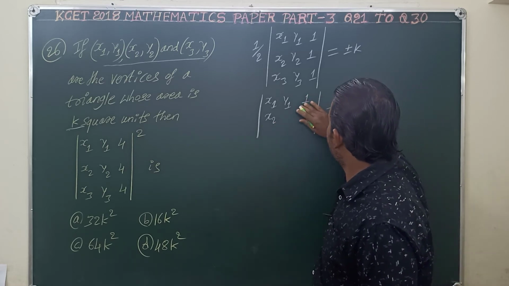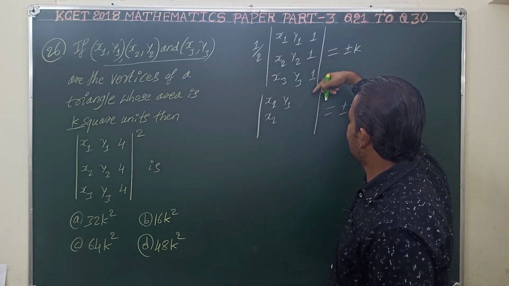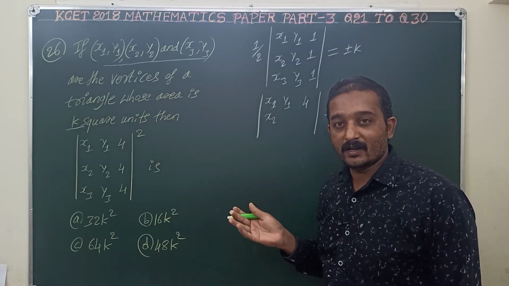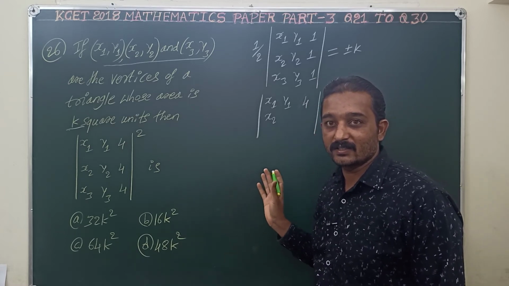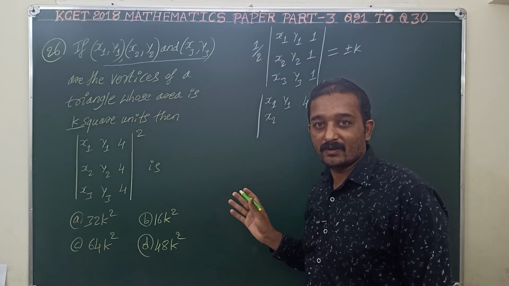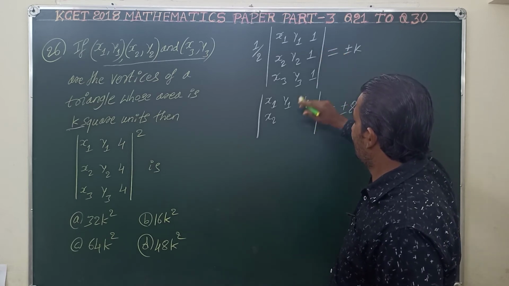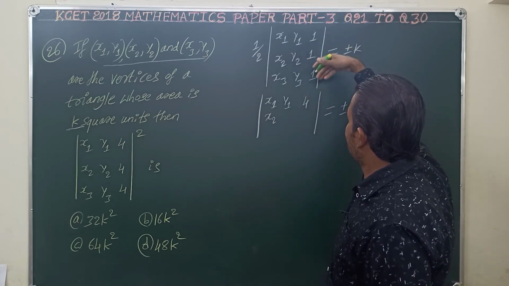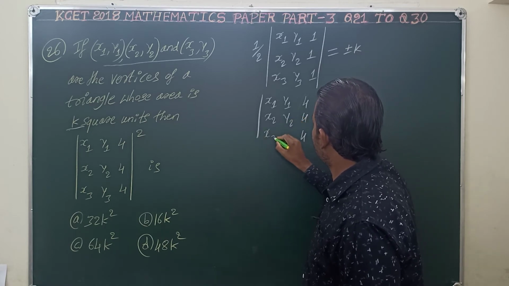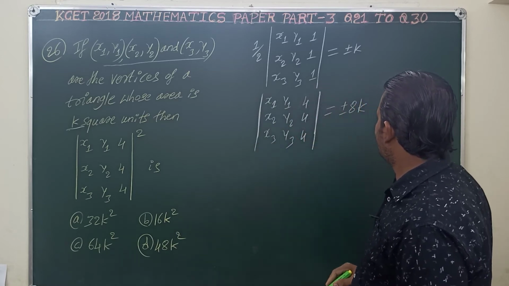So using the property, multiply by 4 on both sides, nothing but in the third column all the elements are multiplied by 4. In matrices all the entries are multiplied by 4, but in a determinant any one row or any one column is multiplied by the given element. So in this case, the third column becomes 4 with x2 y2 x3 y3. So now squaring on both sides, we get the required answer.